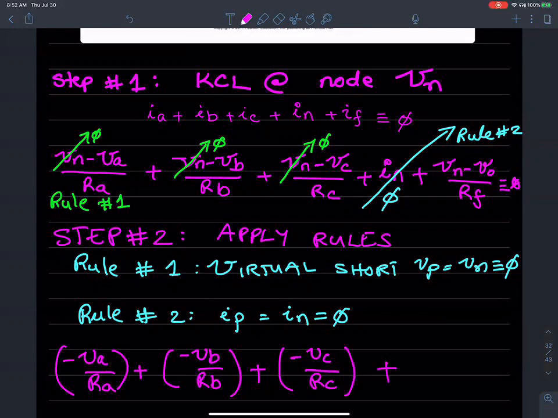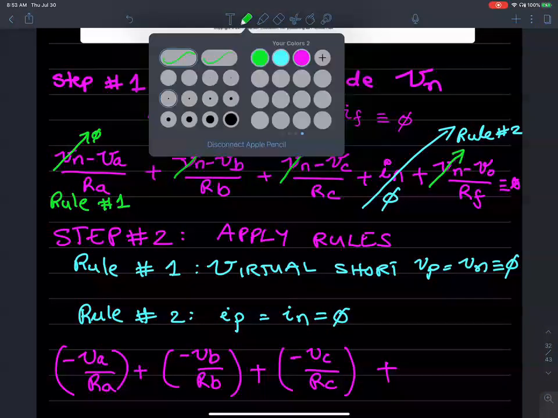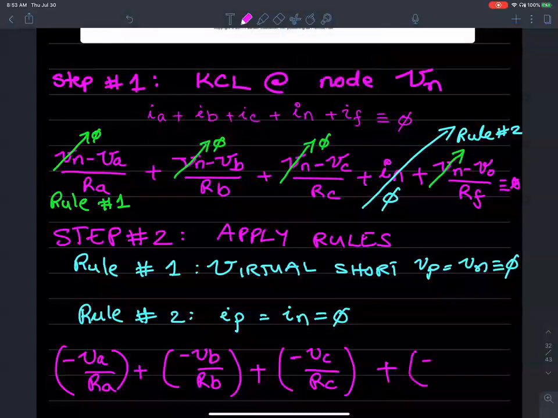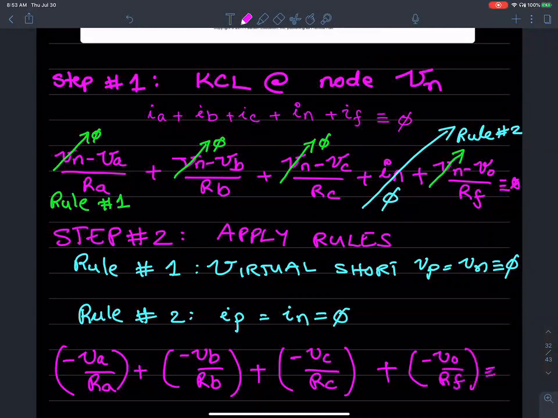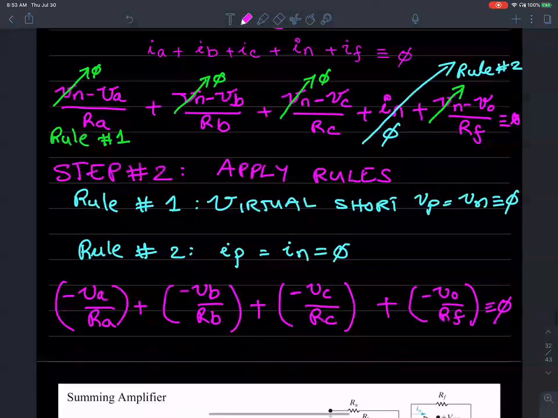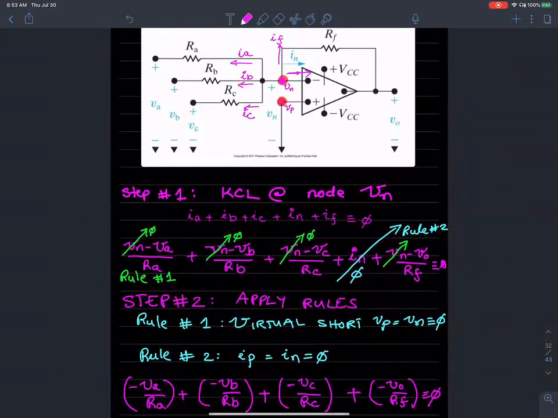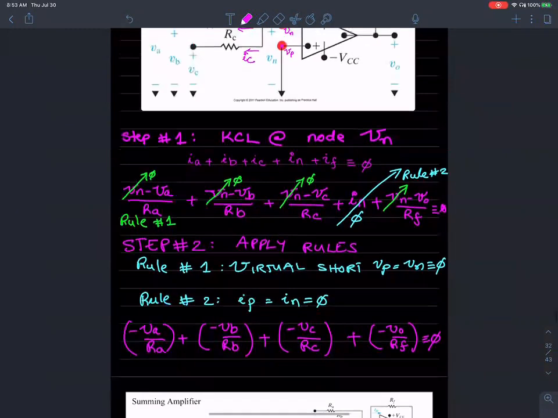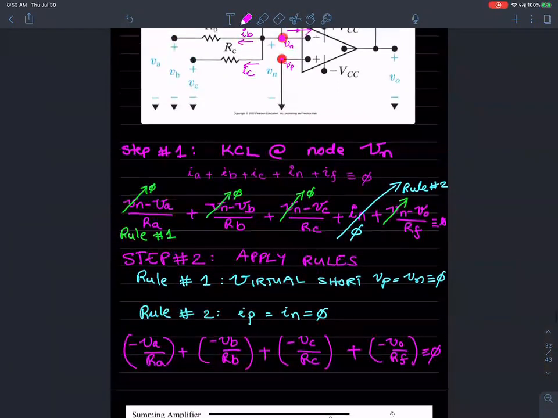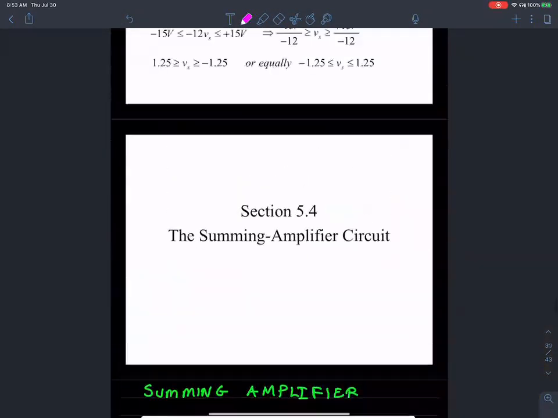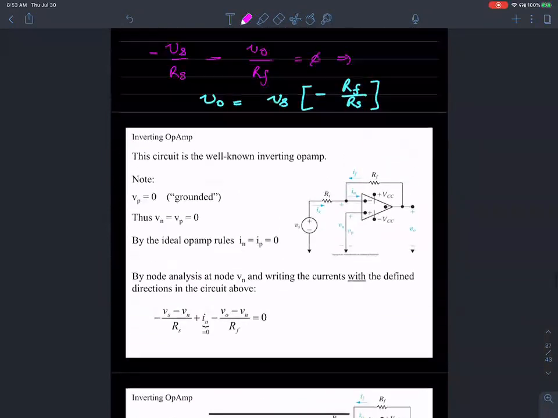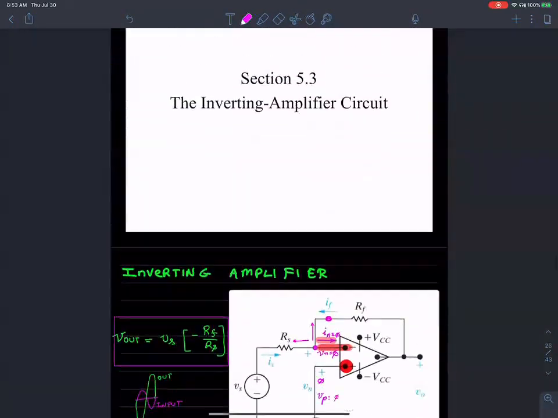Plus, now this guy was 0 as well, right? Plus negative V naught over Rf. All of that equals 0. You rearrange this equation, what you will get is exactly what we discussed earlier. Let me go back. So here is the idea, Vf, V naught, you rearrange this equation, and you will see that the output,